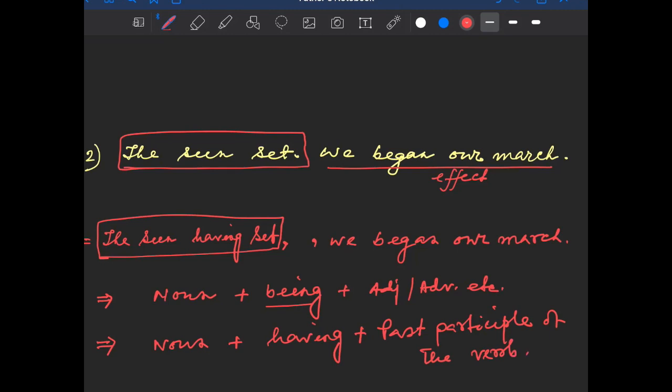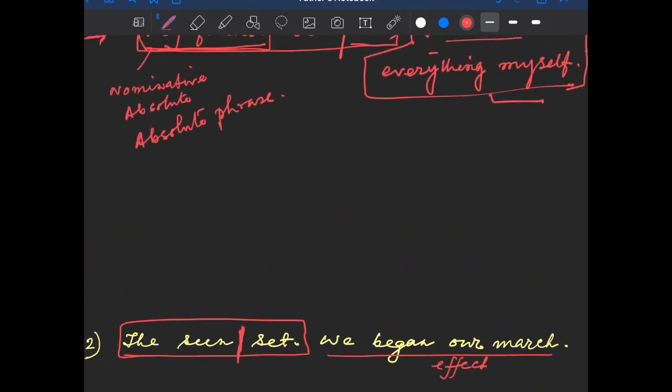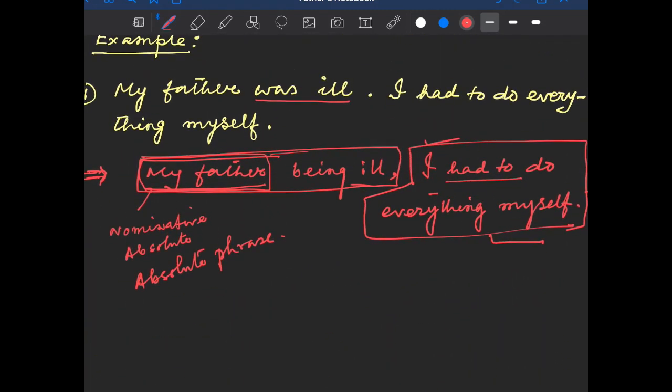Okay, so noun, here noun. If you get be verb, then do being, and if you get other verb, use having. Okay, so here no be verb is there. For this I have used the sun having set, and in example 1 be verb was there. For this I have written my father being ill. Okay,